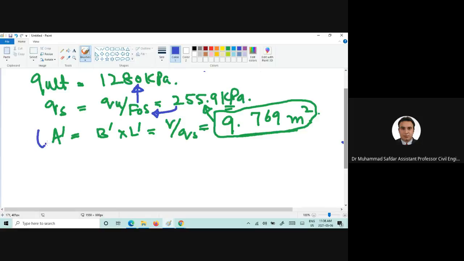So this is the, I would say, new area, okay, effective area. But if you remember, this Q ultimate was calculated from the B prime, which was